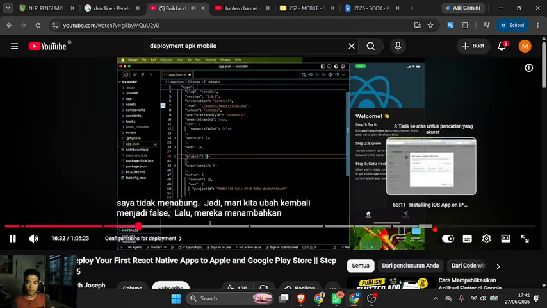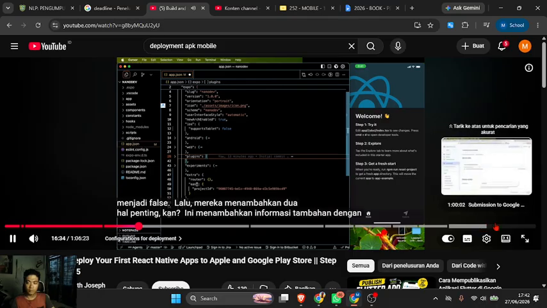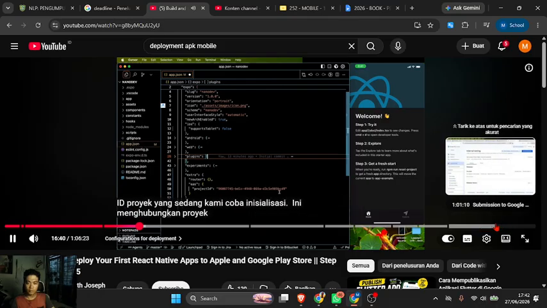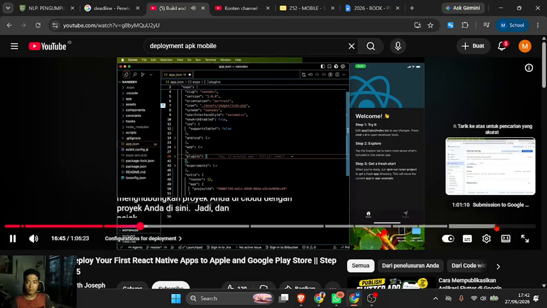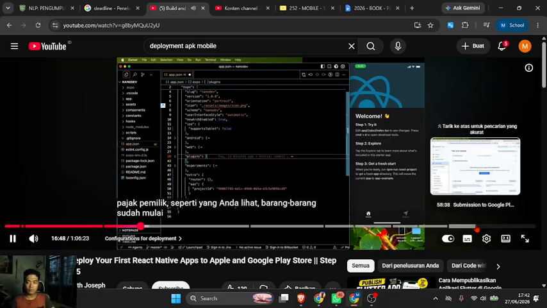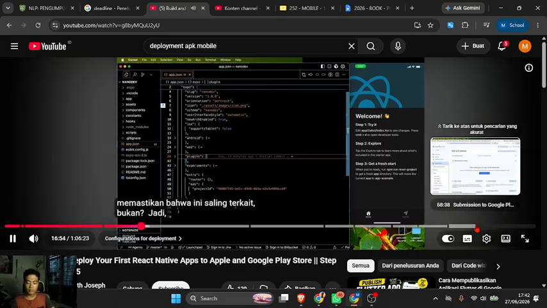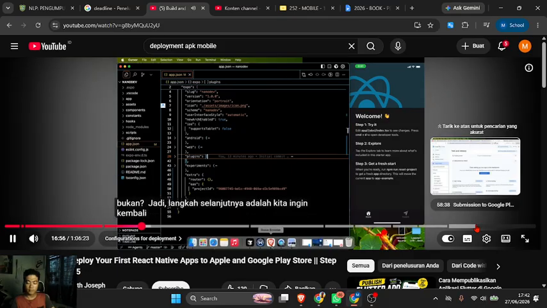Then it added two important things, right? It added this extra, which is the EAS project ID. This is the project ID we're trying to initialize. This links your project on the cloud with your project right here. And the owner, you can see things are shaping up already. You want to make sure that this is linked together, right? So the next step is we want to head back to our